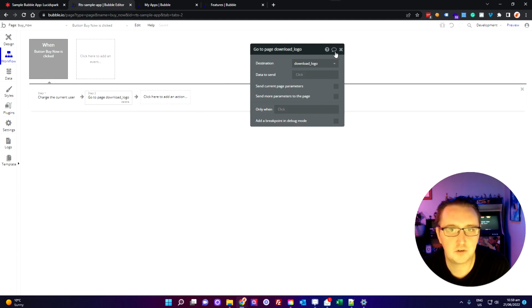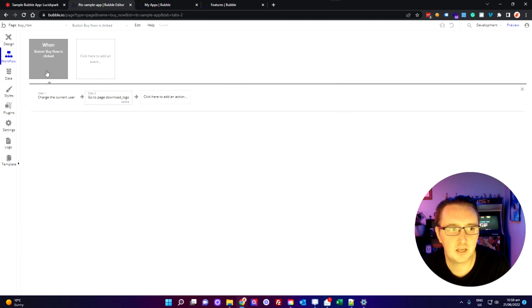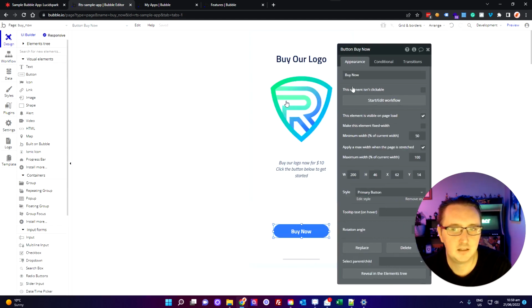So now with this workflow, essentially what we've done is we've said, okay, we're going to charge the user. That's actually going to send them off to a Stripe page, which is going to get them to input their credit card details. And then once they've input their credit card details, if Stripe detects that they have successfully made the purchase, it will send them back to our application. And then once it sends them back to our application it's going to say, okay, now redirect to the download logo page. I will show you that in a preview in a moment,